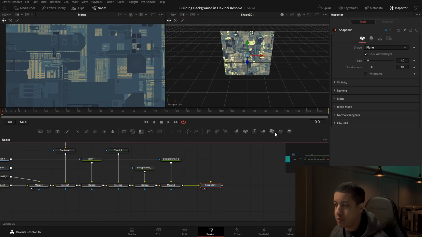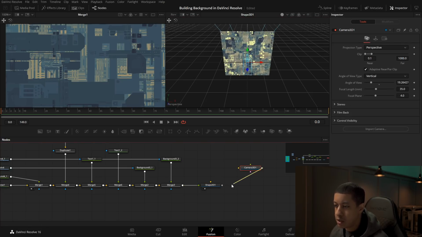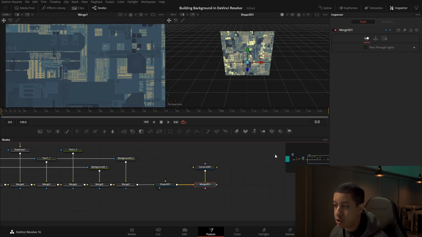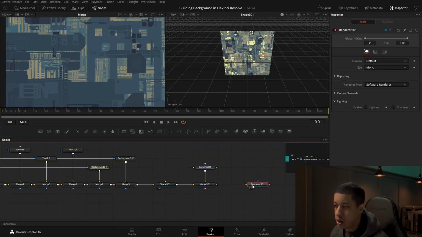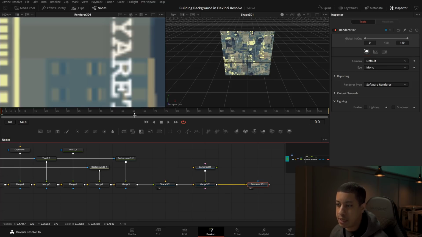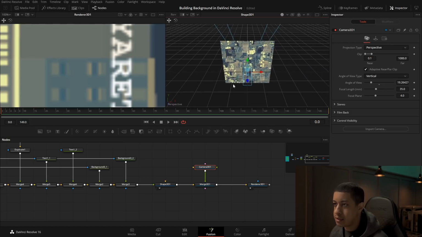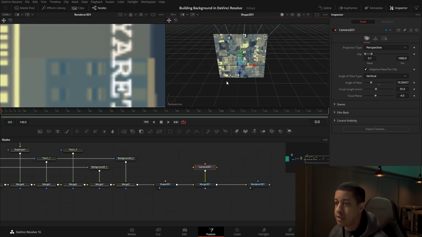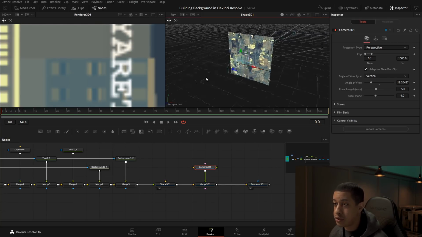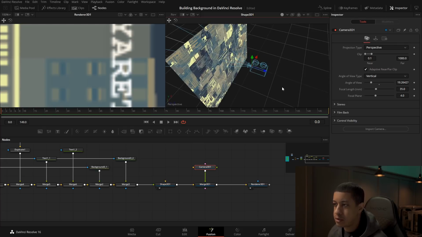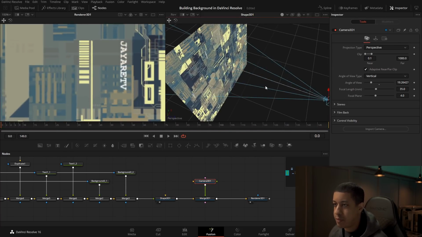So now if we take a look at it, it's that same plane with our thing, but now we can move it around, and we need to get a camera. So we'll just connect our camera up, which will give us a merge, and then we can also grab a renderer, and so we can see what the camera sees. And we'll put that over here, grab the camera, and to move around, I use middle mouse a lot to move around like this, and then holding alt down will rotate it. So now that we have that, we can kind of bring this back.